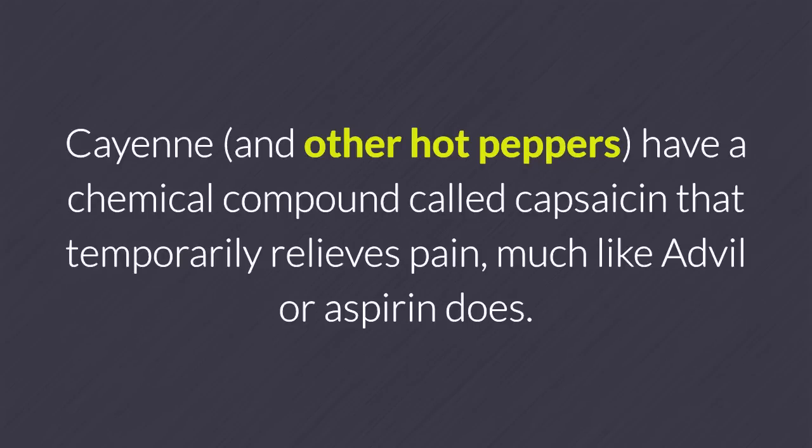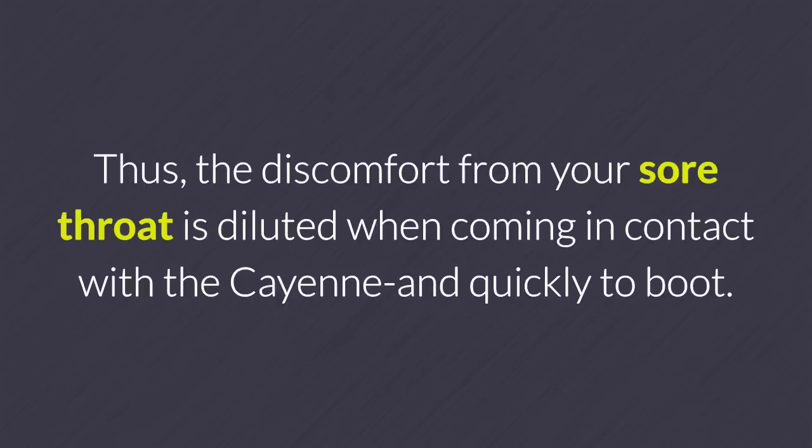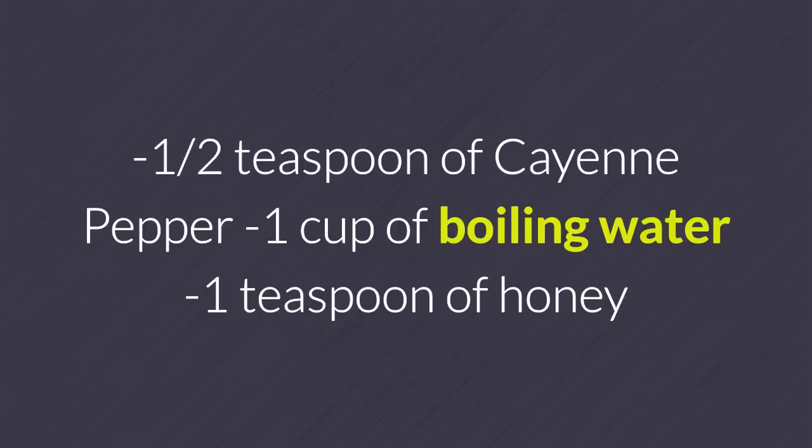Cayenne, and other hot peppers, have a chemical compound called capsaicin that temporarily relieves pain, much like Advil or aspirin does. It accomplishes this by hindering something called substance P, which is what transmits pain signals to your brain. Thus, the discomfort from your sore throat is diluted when coming in contact with the cayenne. And quickly to boot. You will need 1/2 teaspoon of cayenne pepper, 1 cup of boiling water, 1 teaspoon of